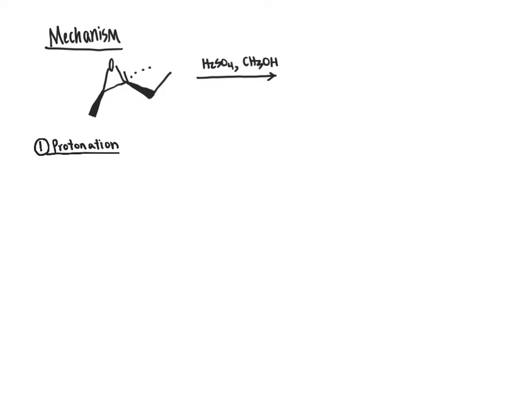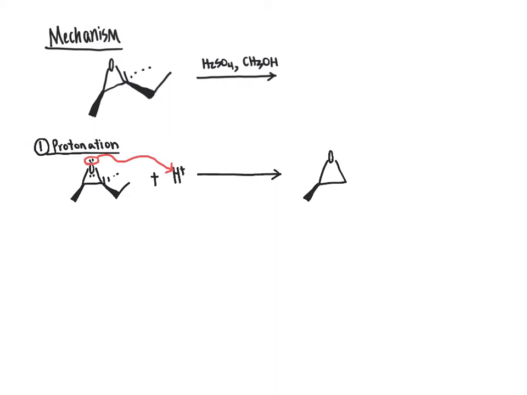In the very first step of the mechanism, the fact that sulfuric acid is a relatively reactive acid means that very quickly the epoxide, via the lone pairs of electrons on the oxygen, is going to act as a base and attack the proton from the sulfuric acid. And I'm going to abbreviate the sulfuric acid just as H+. You don't have to write out the full structure of sulfuric acid every time. You're welcome to take this shortcut. So the lone pair electrons on the oxygen come over, pick up a proton from the acid during this protonation step to give our intermediate here,